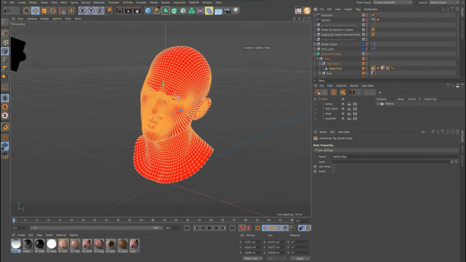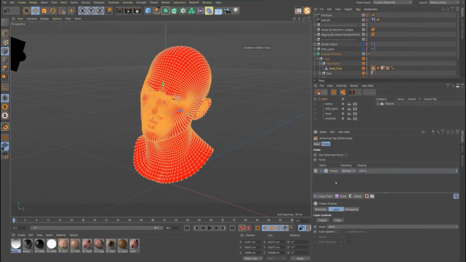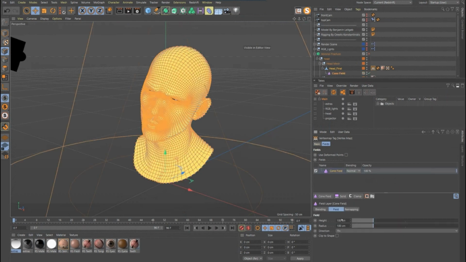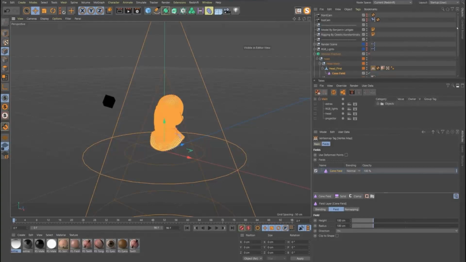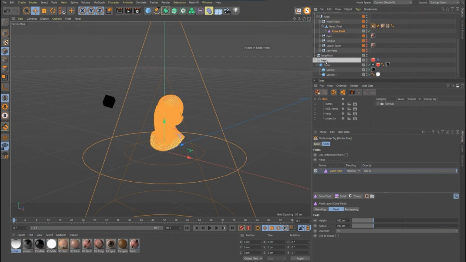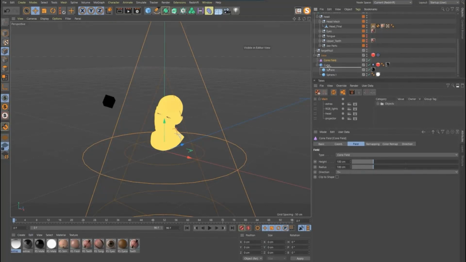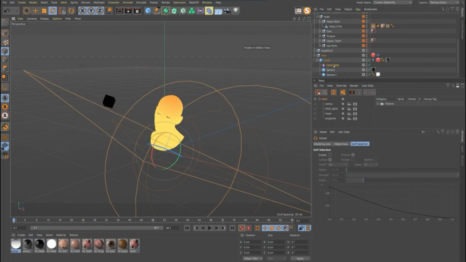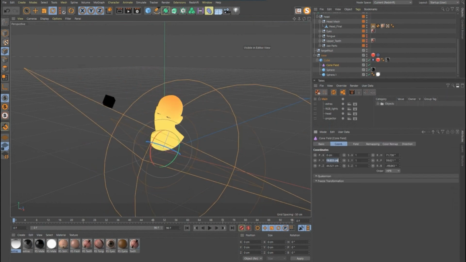So you have to go about it a different way, a little more roundabout, but in a way that still works. If we click on the vertex and click use fields, we can then add fields to this. If we want to imitate a light, let's delete the freeze, because we don't need that. We can go into the field, set it to a cone field, and put it into the cube down there, and then rotate it around and zero all that stuff out.